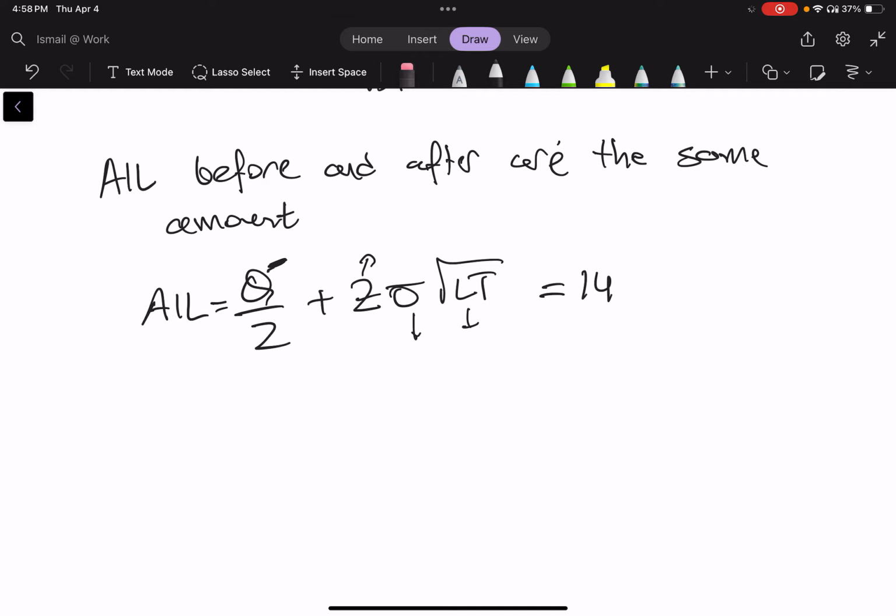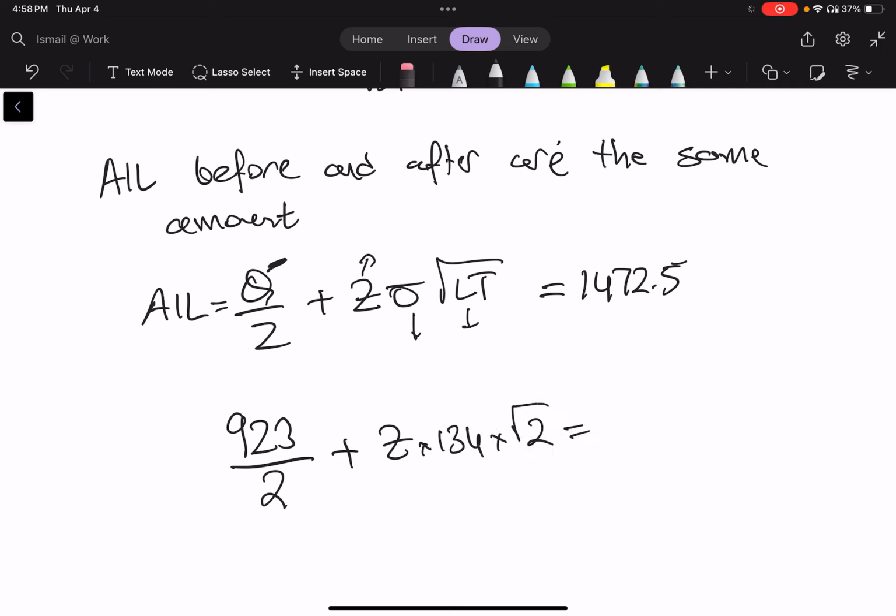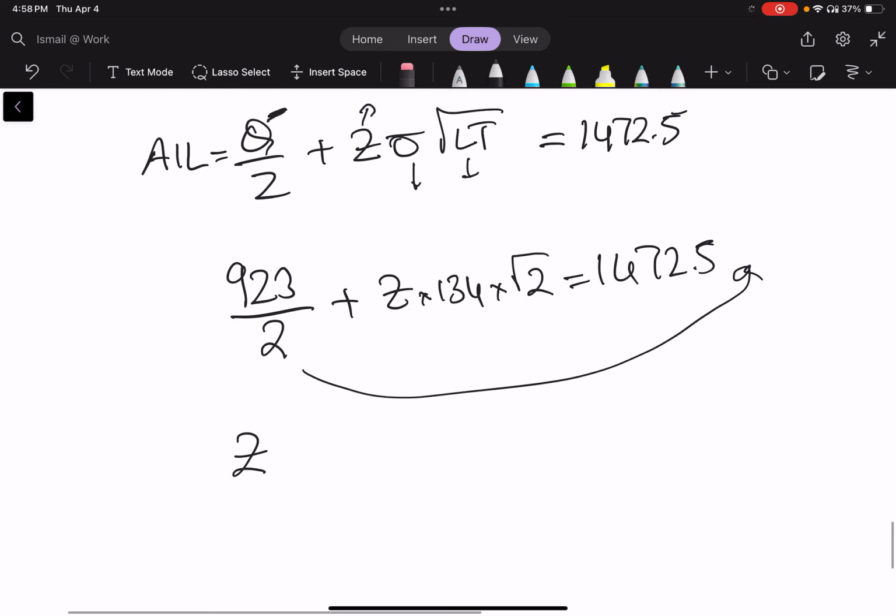What is the same AIL that I'm referring to? That is 1472.5. So I decided to consolidate and keep the same amount of inventory in the system after the consolidation, right? In that case, this equation must be equal to 1472.5. I know that Q is 923 after the consolidation. I don't know the Z value yet. 134 and then square root of 2 is equal to 1472.5. I can put this one on this side, right? And then I'll say Z times 134 square root of 2 is equal to,